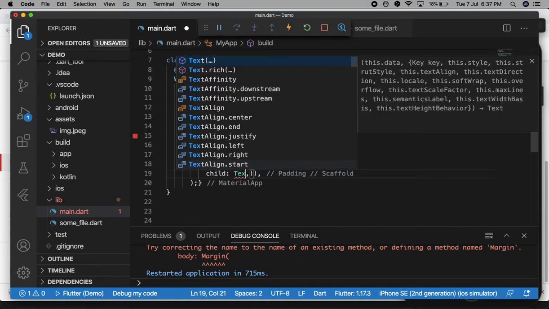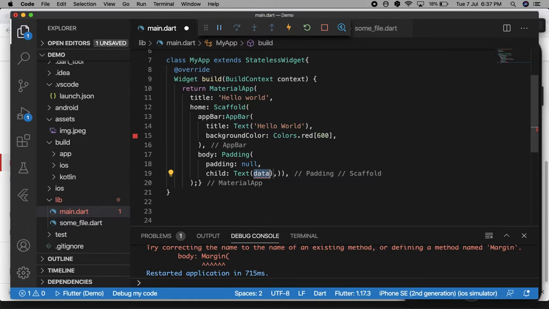So I will use a text widget. You can use any widget, and it has the text hello world. Here I'm going to add some padding for this widget.